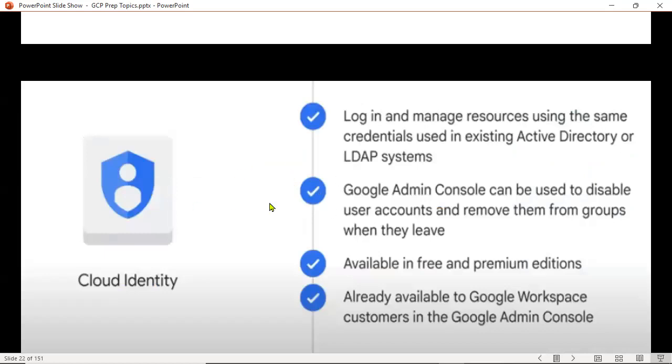Cloud Identity we already said yesterday. It is a way of managing your Google accounts, your Google console accounts. Because I already said yesterday, if you don't have this Cloud Identity,